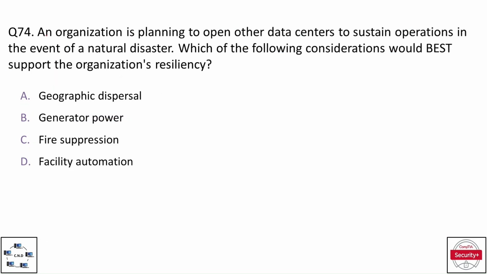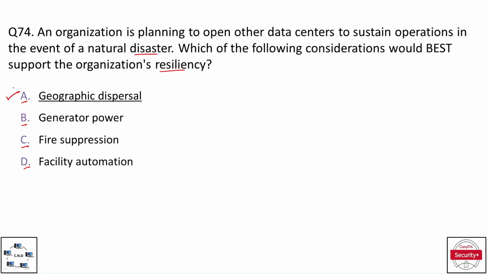Question number 74. An organization is planning to open other data centers to sustain operations in the event of a natural disaster. Which of the following considerations would best support the organization's resiliency? And the options are option A, geographic dispersal, option B, generator power, option C, fire suppression, and option D, facility automation. And the correct option is